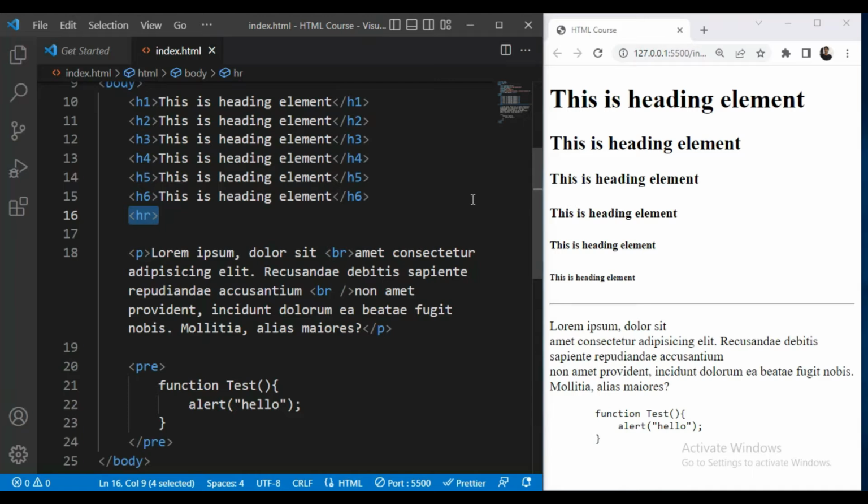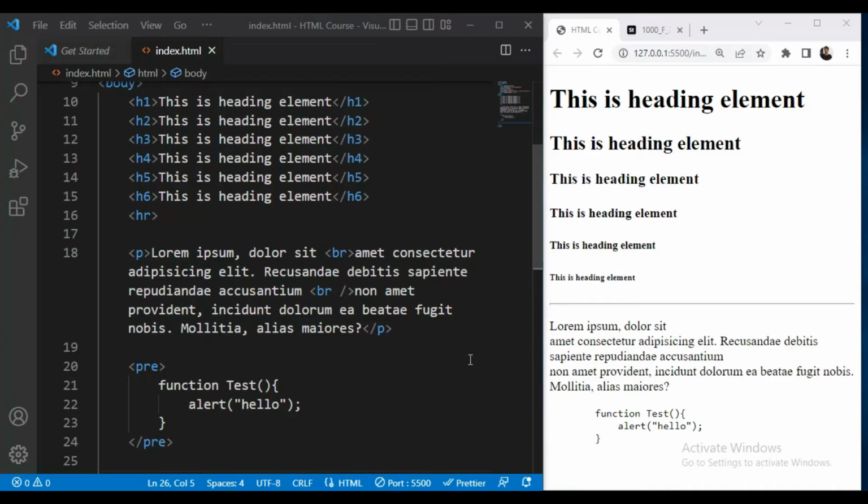Then next, I want to tell you the difference between tag and element. This paragraph is an HTML paragraph element when we read it as a whole. But when I read it singly, this is an opening P tag and this is the closing P tag. But when we read it as a whole, it is an HTML paragraph element. I hope that you got the difference between the tag and element.